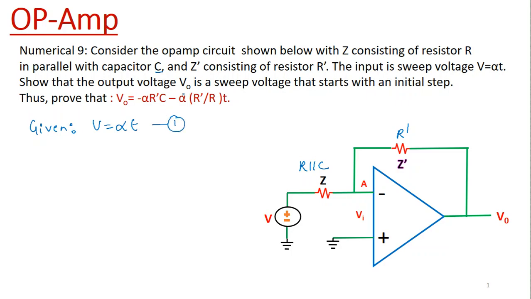So we have to show that the output voltage VO is a sweep voltage that starts with the initial step. Thus prove that VO is equal to minus alpha R dash C minus alpha R dash by R into T. This we have to prove from the circuit diagram. Now first we assume